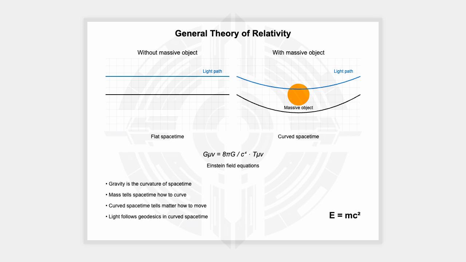Precisely. And here's the really fascinating part. It's not just the mass of an object that influences space-time. It's energy, too. You're saying that even something like light, which doesn't have mass in the traditional sense, can still affect the curvature of space-time. Exactly. And this brings us to Einstein's famous equation, E=mc². Okay, everyone's heard of E=mc², but honestly, what does it really mean? It's like the rock star equation of physics. But what's the deeper meaning behind it?